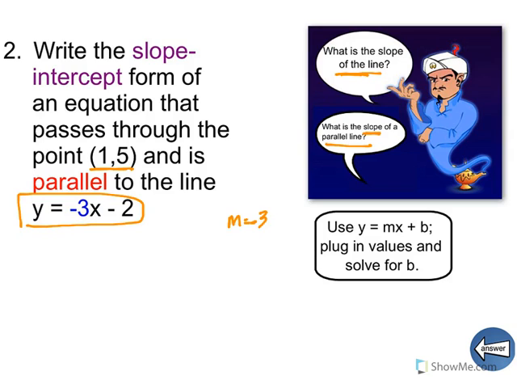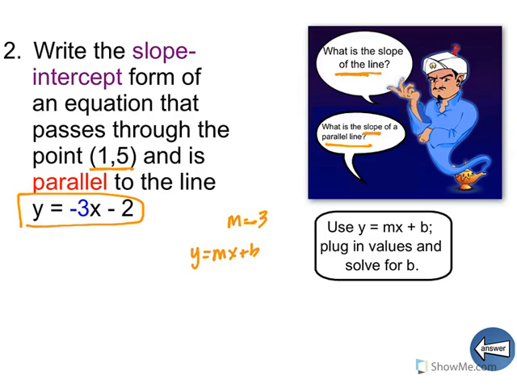And we'll have our point. So now that we have the slope and the point that we're using, we're going to use the slope-intercept form equation. So y equals mx plus b, and we're going to write our equation. Now notice that we're still missing the y-intercept, and so if you recall from when we were writing slope-intercept form in a prior video, we plugged in the values that we did know and we solved for